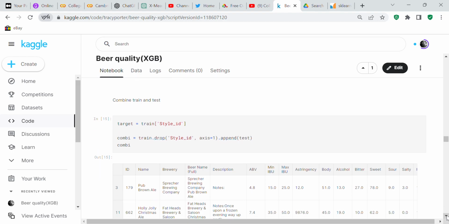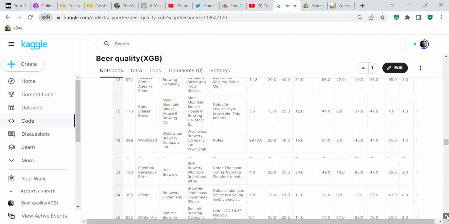Now we're going to define our target as being train['style_ID'], and then we're going to create another data frame called combi, by dropping the target from train and appending test to it.